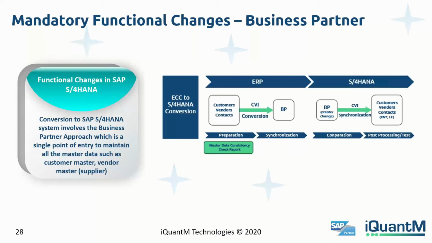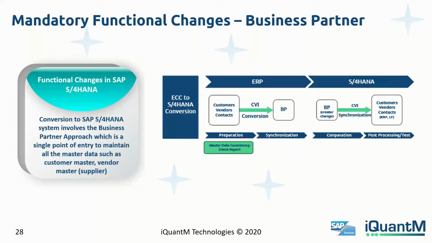So we always recommend customers to understand the business partner conversion as a key aspect, and consider this even before the actual production conversion. For example, as most of you are aware, in ECC you had your master data in silos: your vendor master separately, supplier master separately, customer master separately, employee master separately, and there are different teams handling different master data,